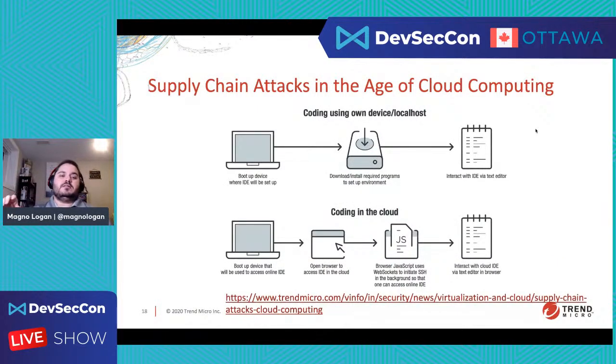Another interesting thing, which covers new approaches to software development, is using browser IDEs or cloud IDEs, right? This is research that we did in our team at Trend Micro, on supply chain attacks in the age of cloud computing, done by a teammate of mine.